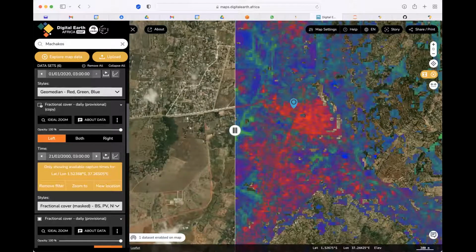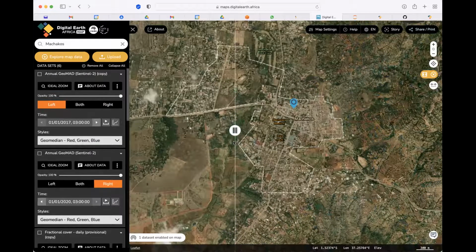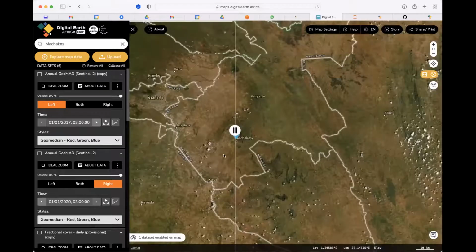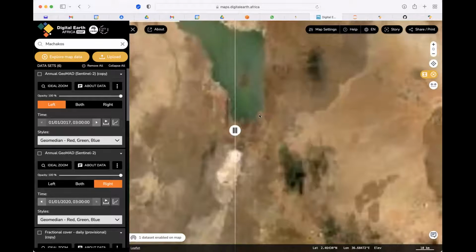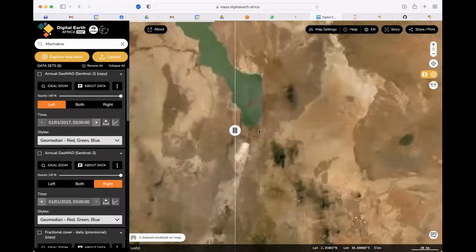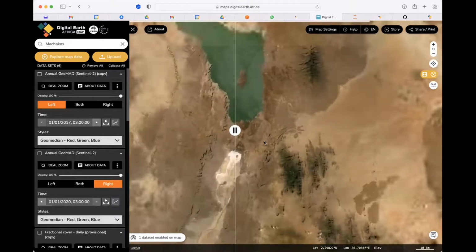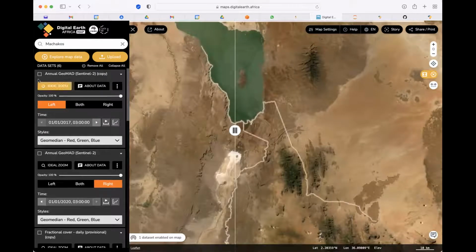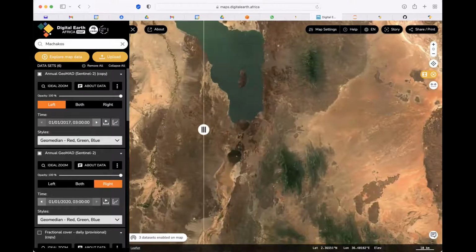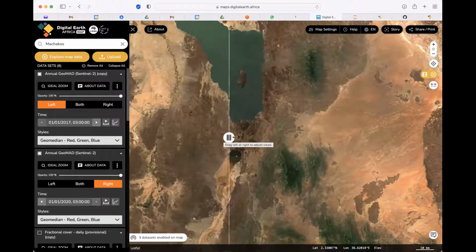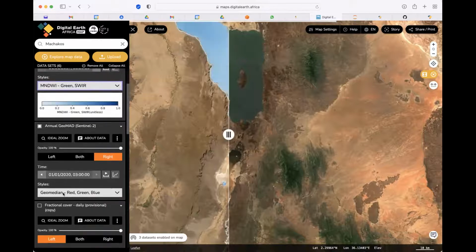So the last example I wanted to show you was the relevance of this fractional cover and a small water body. So if you don't mind, I can look at south of Lake Turkana, which is a desert lake. And when you look at it towards the south, there's a small lake which is called Lake Logipi, which tends to disappear over time. And this lake also is a salt lake. So here the assessment will be, why does it change over time? So this is a normal geomat product, and as you can see, still the same, there's some changes. Then you can put the water index just to see what has been happening.